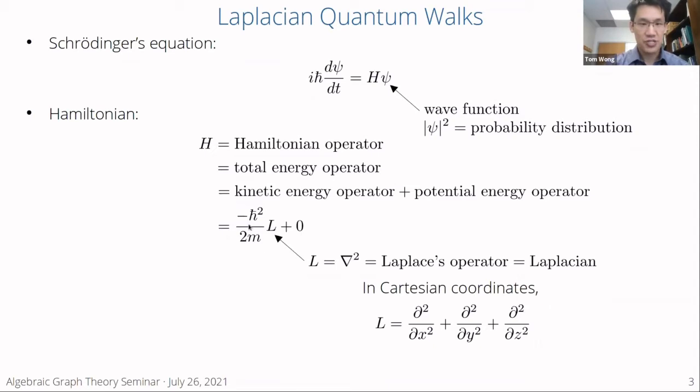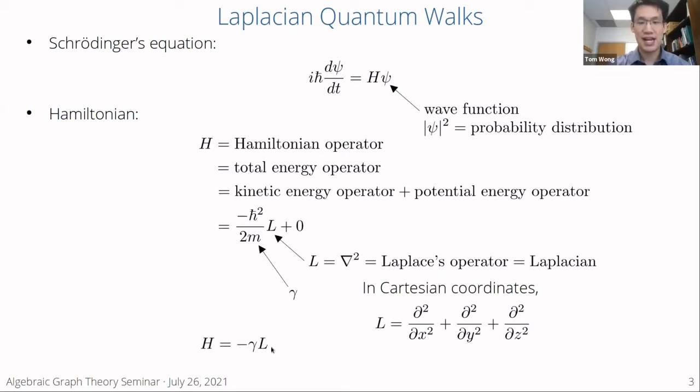So to write this a little more simply, so that we don't have to keep writing h bar squared over 2m, I'm just going to write h bar squared over 2m as gamma, so that the Hamiltonian is minus gamma L. Okay, so in quantum mechanics, if you have a randomly walking particle, or a free particle that's free to move around, it just evolves by Schrodinger's equation. And then the Hamiltonian is minus gamma times the Laplacian.